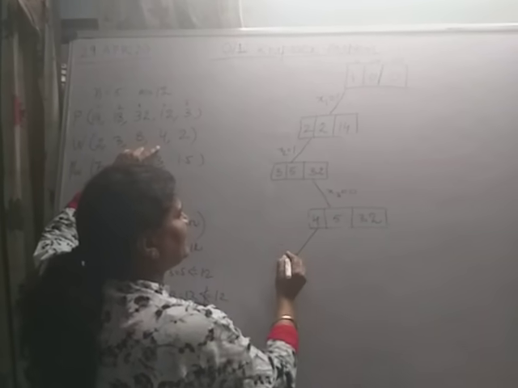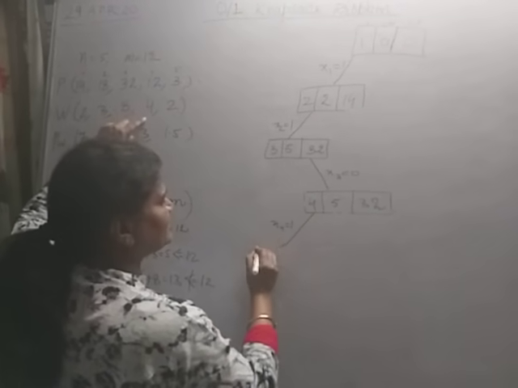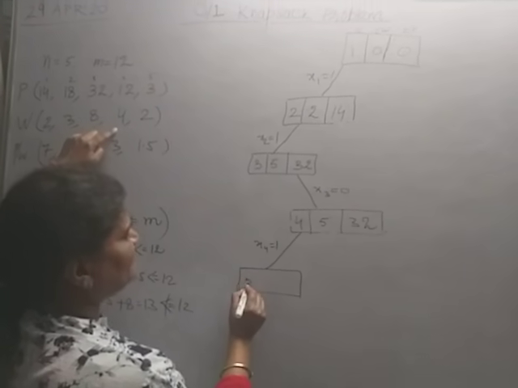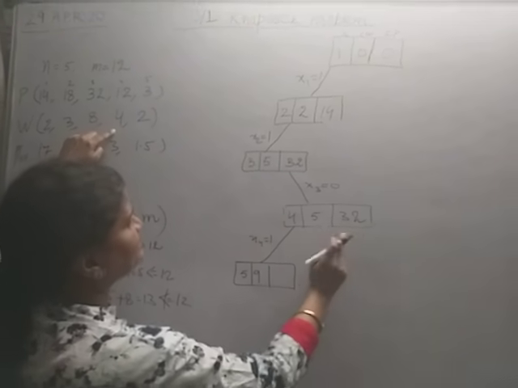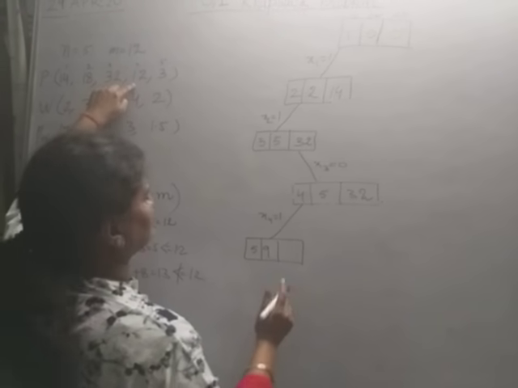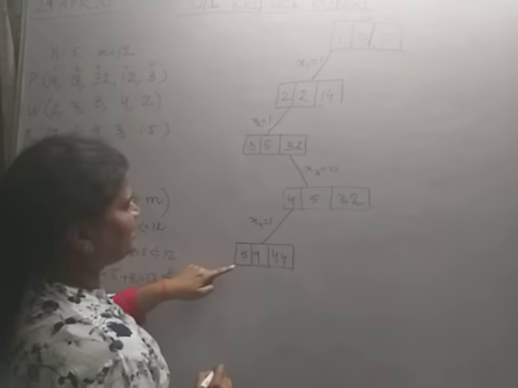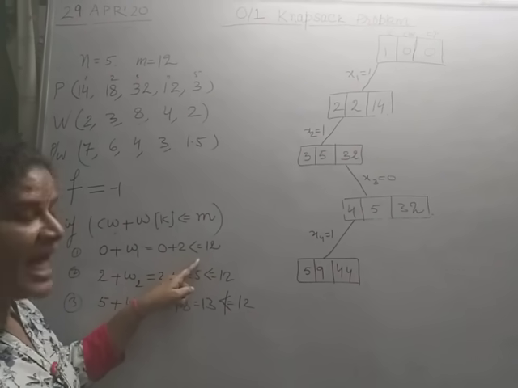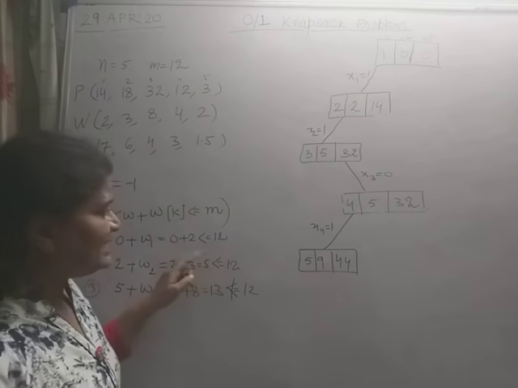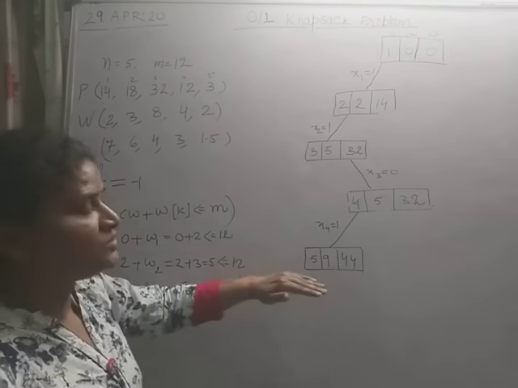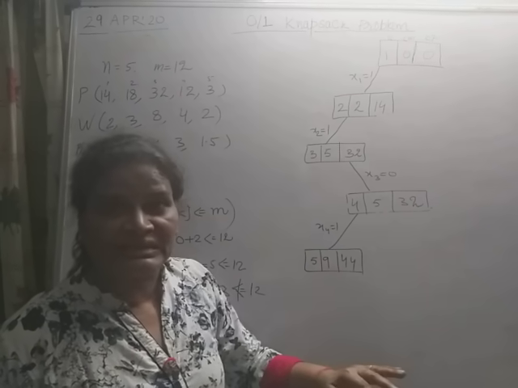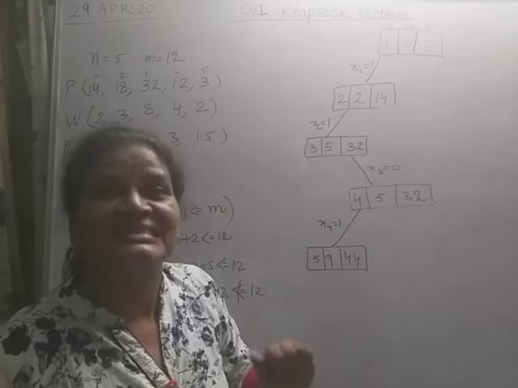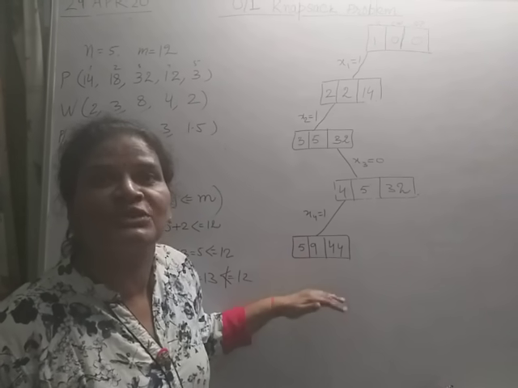So here x4 equal to 1, and this what? 5, 9, and 32 plus 12, that is 44. Okay. Again here, see, at this point I said that one condition is that 9 plus 2, 11, is less than or equal to 12, and K should be less than N. Here K equal to N because there are 5. So there is no recursive call, but one solution vector is generated because I have reached the leaf